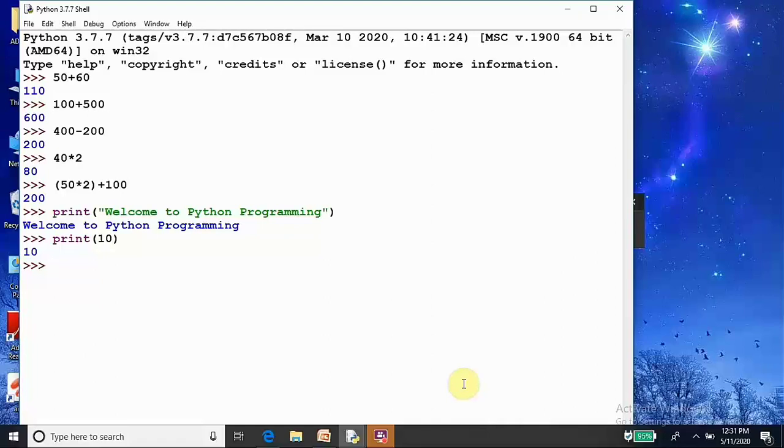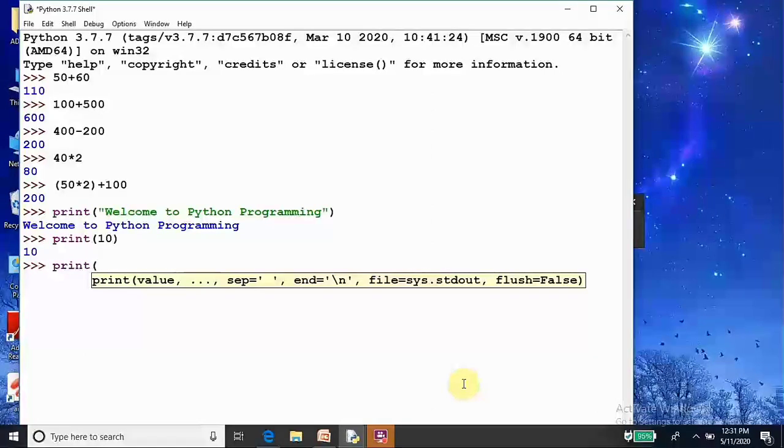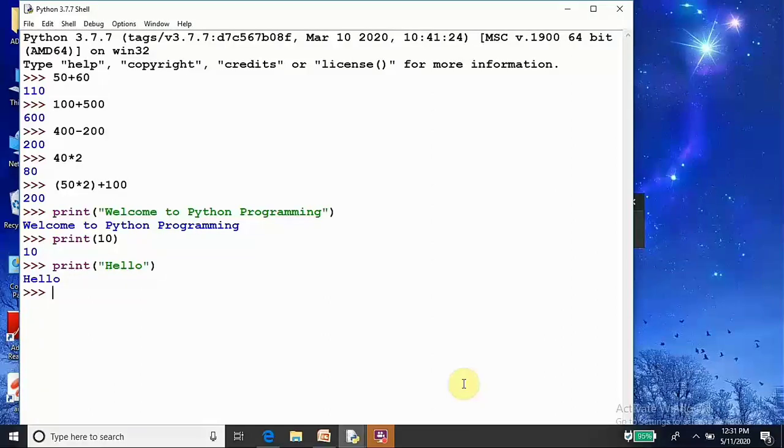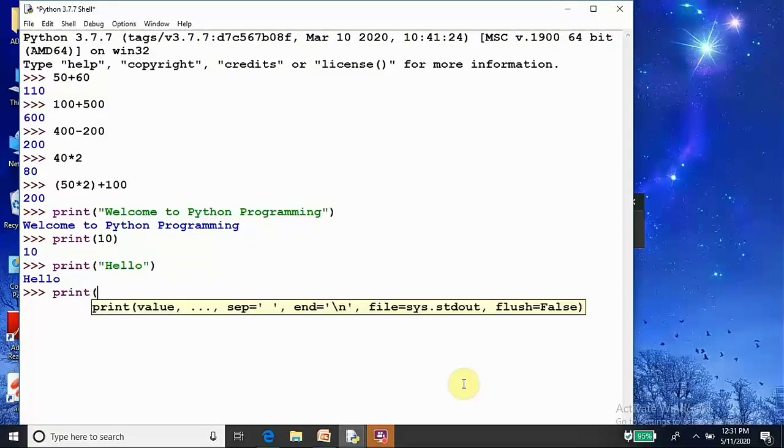See again, I am going to print one message and one number. Print, in bracket, hello. Enter. Print 100.